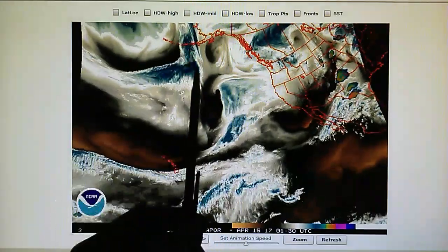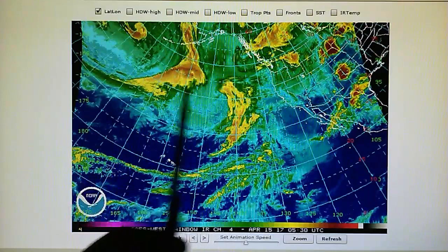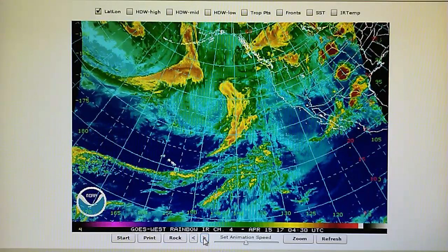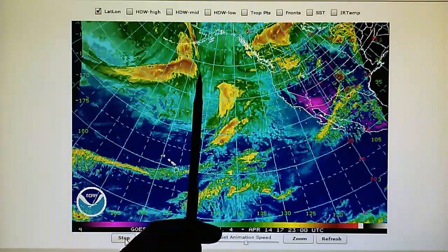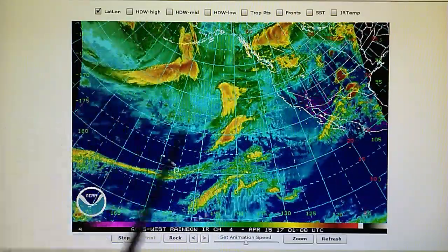And notice this system here has a right angle on it. If we go to the infrared map, we can see that right angle right there. And notice what's happening here. We talk about the use of these transmitters to split away a frontal system. Well, that's exactly what's happening. We've got a developing weather system right up here. Let's go to the